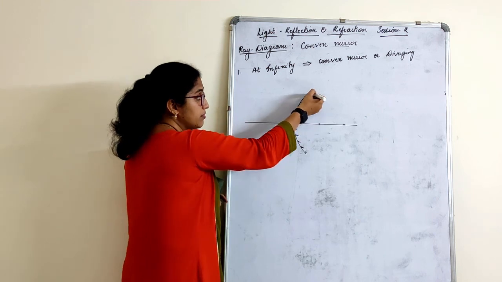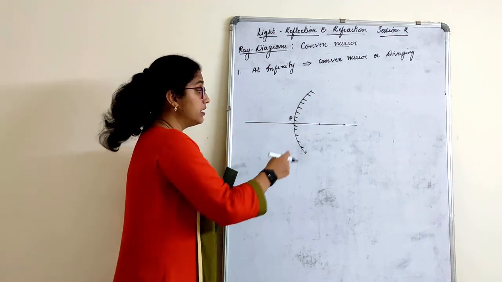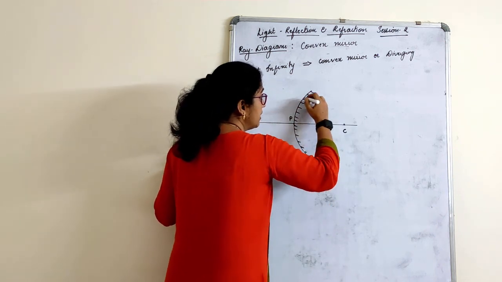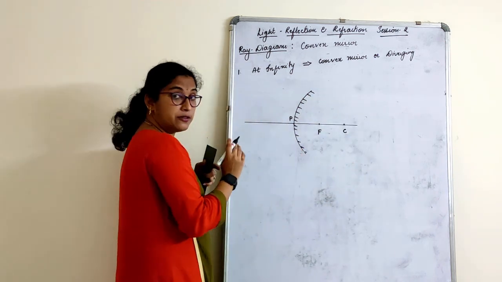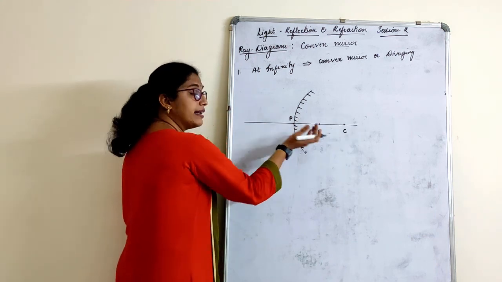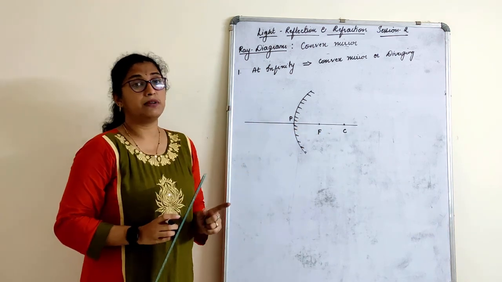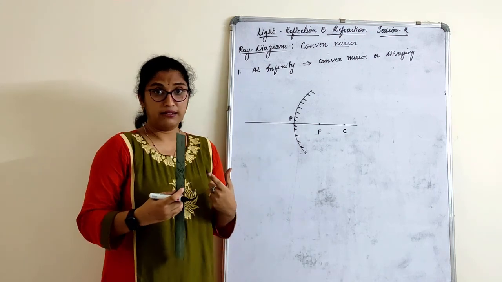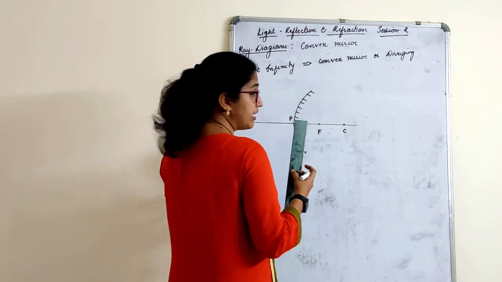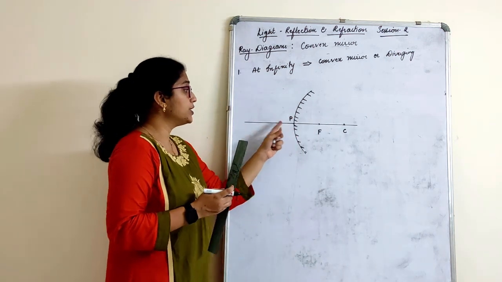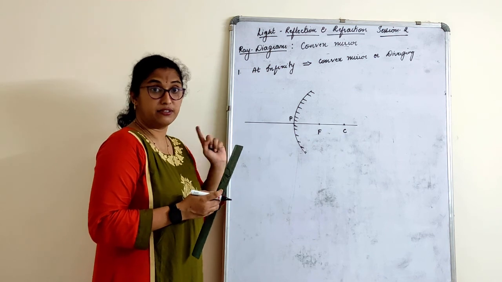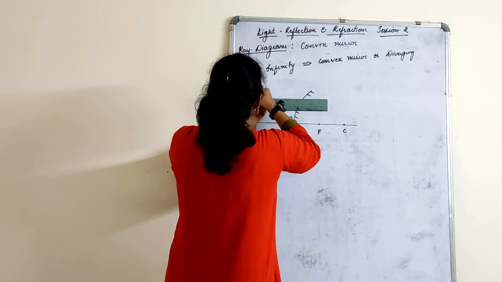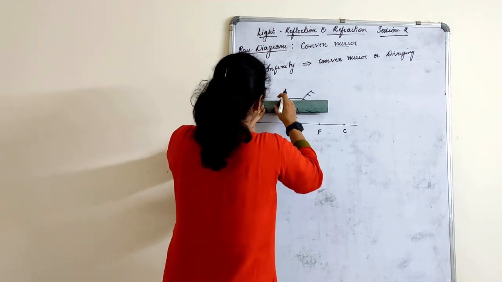This is the pole, this is the reflecting surface of the mirror. Now here, where should my curvature and focus be? Here. Why? This is part of a sphere. That means the center is here and this is the focus. Always remember, children, the object is always kept, if you stand this way, on your left hand side. Object is always kept at the left. Remember this. So a parallel beam of light will travel from infinity and hit the mirror.